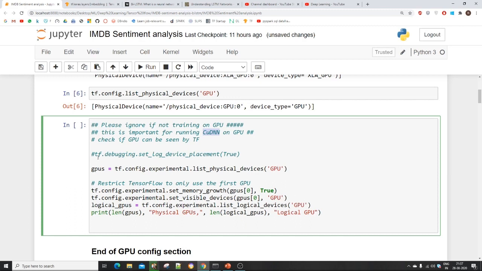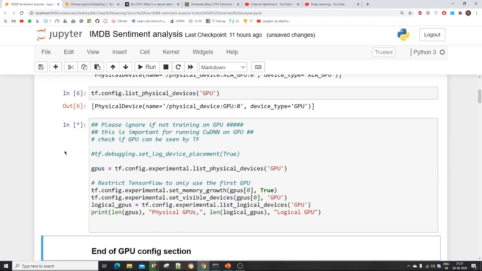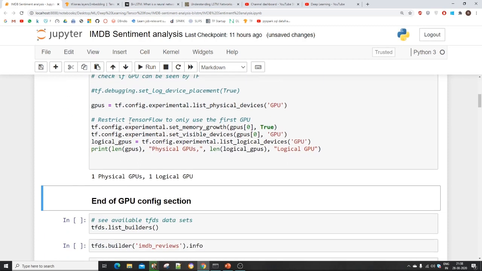If I want to see the logs, what messages and processes are going on in the backend, I can set this to true, but I don't need that logging, so I will just keep it as a comment. Now I will save all my GPUs in this variable, using tensorflow.config.experimental.list_physical_devices. It will store all GPUs in this variable, and here I am restricting TensorFlow to use the first GPU.